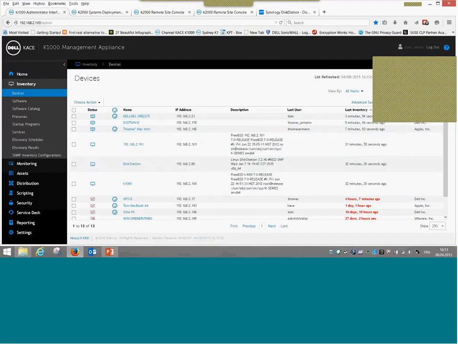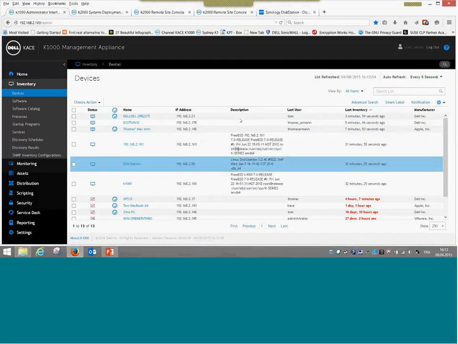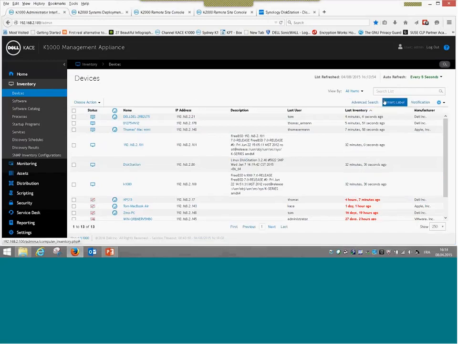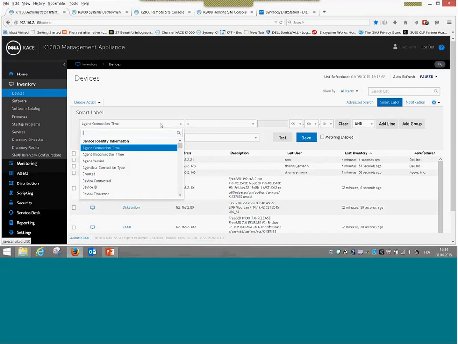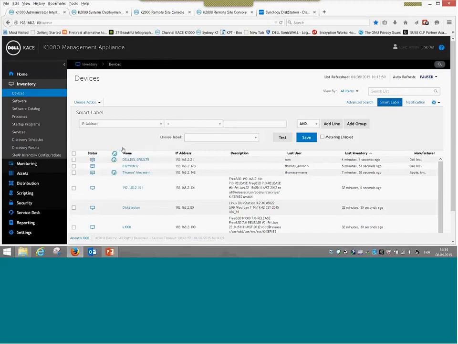So here I've got a K1000, which is running and which I have my machine. The first step on the K1000 side would be creating a smart label. So let's create a smart label. Typically, you would create something with an IP address. So you could do something like IP address begins with, and then you can give a beginning of a range. I'll just use my local range as an example. So I could say begins with